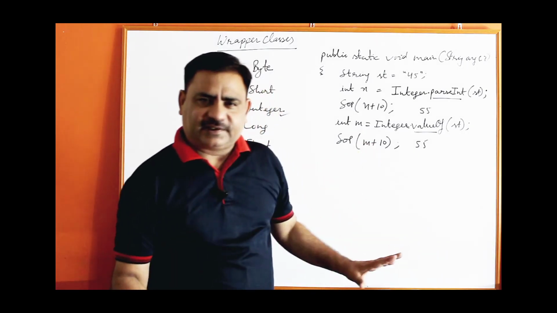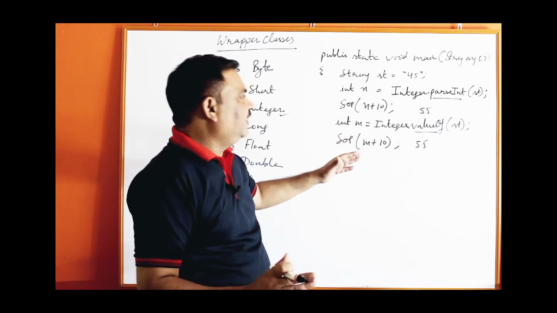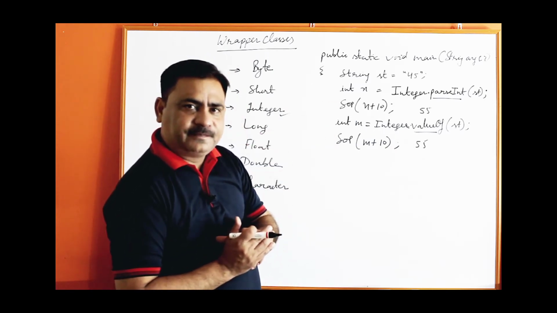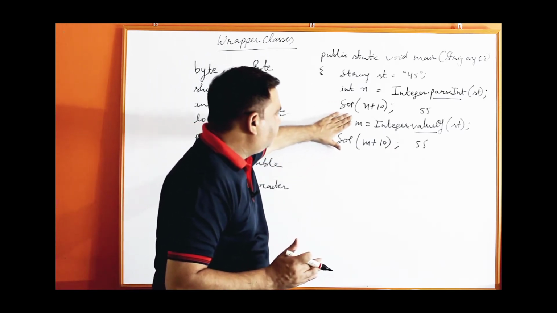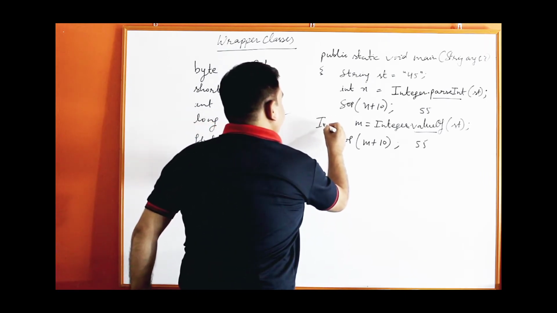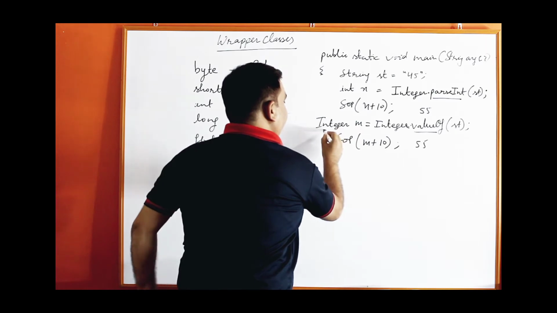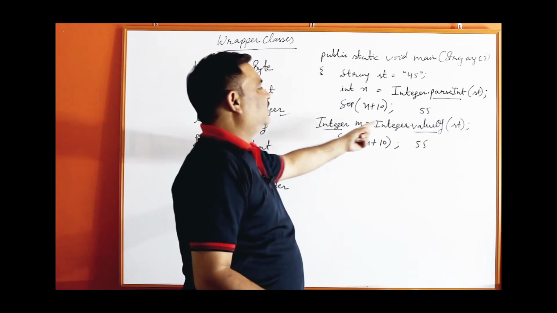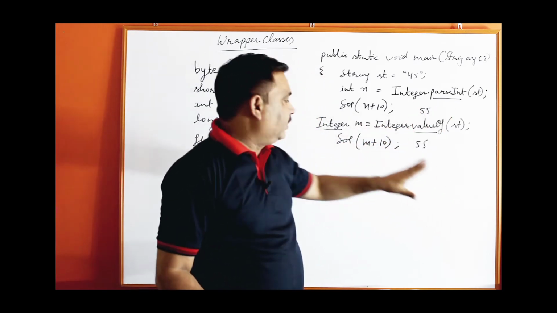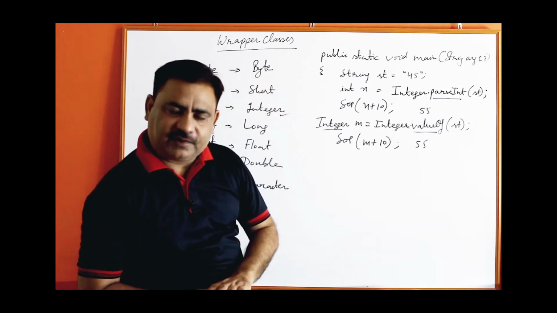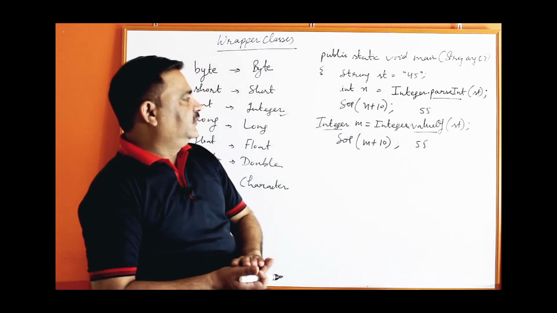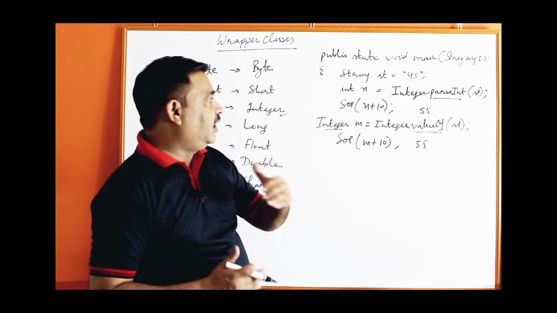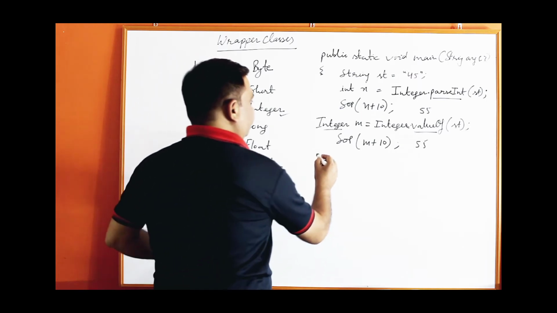While working, there is no difference, but generally some difference is there. The valueOf function returns an Integer class object. Instead of int m, you can also write Integer. This is a class. So what is m? m is an object. So after converting the string value into integer, you can store it directly into the Integer class object. Almost both are the same functions and both are static. Now the opposite of this, I am just writing here.